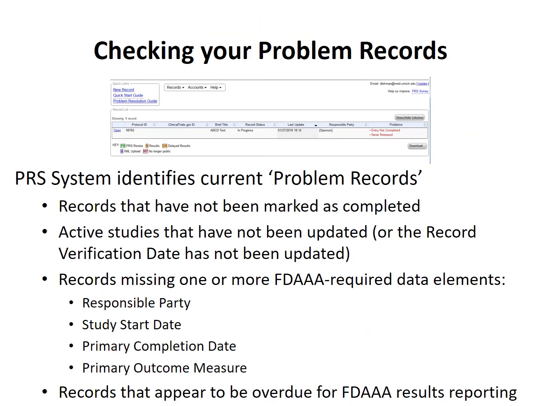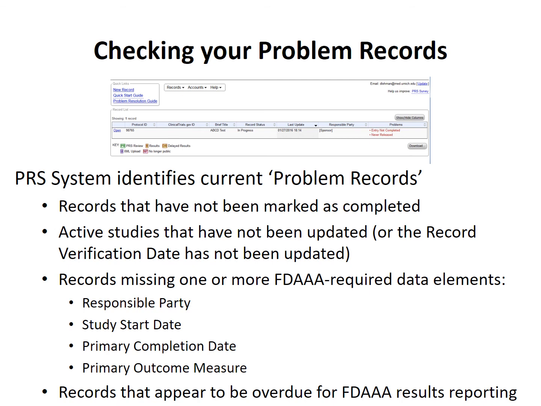The Federal Database Administrators and our University of Louisville team will both work to help you remember to make any required updates. Problem records are usually records that have not been marked as completed, active studies that have not been updated, or where the record verification date has not been updated, records missing one or more FDAAA required data elements such as responsible party, study start date, primary completion date, primary outcome measure, or records that appear to be overdue